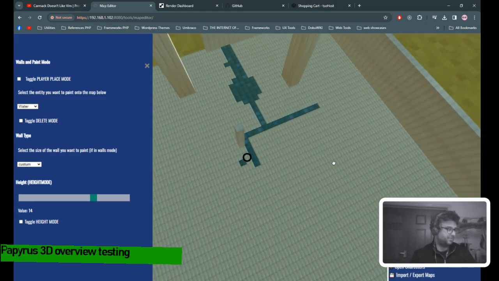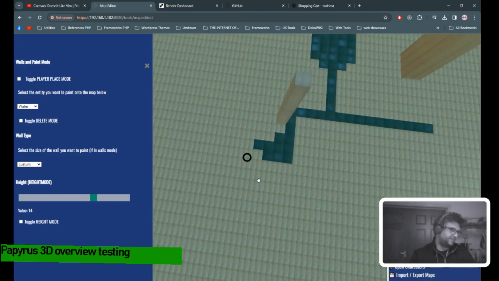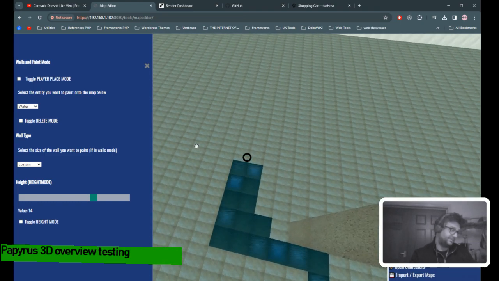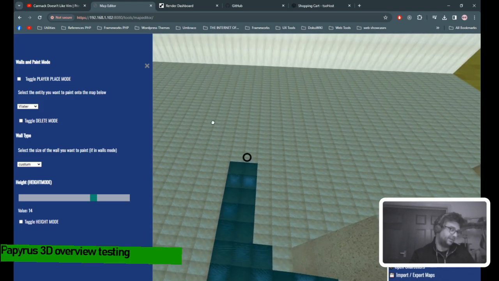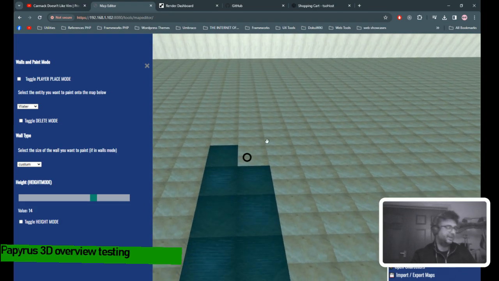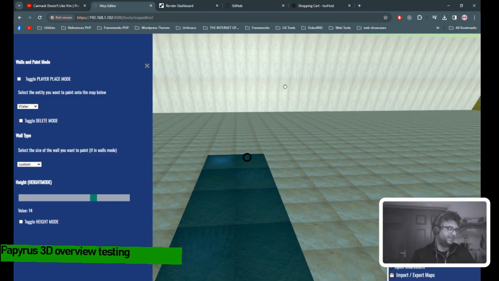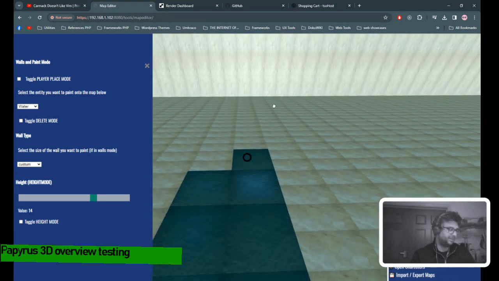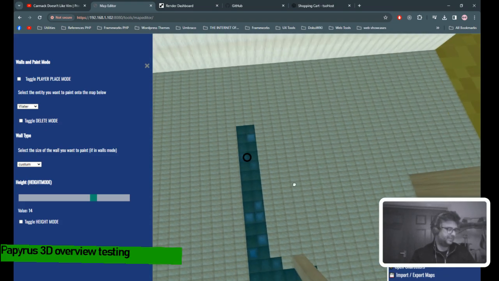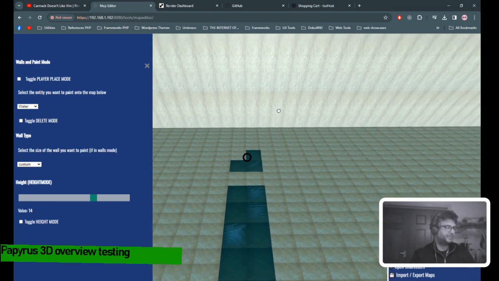So I'm just going to create some water structures here. But obviously once this is a bit more refined, potentially you could create something in an afternoon that would be playable, and then you could export it out to Electron. You could create it as an executable. You could put it on the net as an HTML game that people could play. So that in itself is quite useful, and I think it does have some scope for that sort of thing.